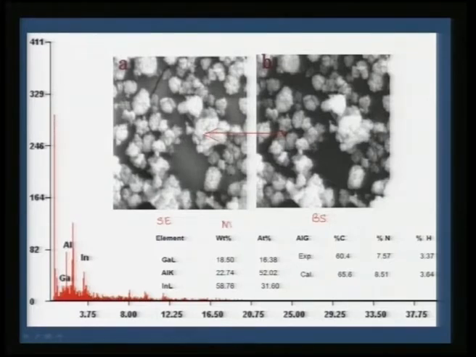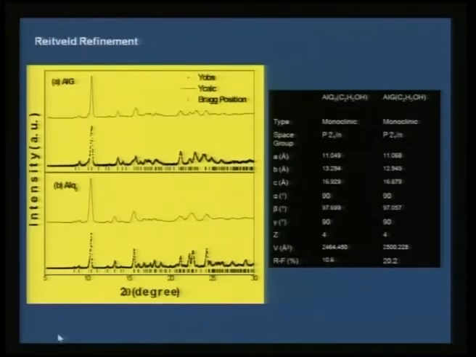Therefore this is not a mixture of 3 complexes, but this is a solid solution, and because it is a solid solution, the stoichiometry at this point is going to be the same as at this point. The stoichiometry in any given place will be the same, and that is the simple definition of a solid solution precursor. Now we can try to refine this data. As you see here, AlQ3 and AAG show a similar X-ray pattern, and we can do the Rietveld analysis, and we can see that both are crystallizing in monoclinic form, and these are the structural data.